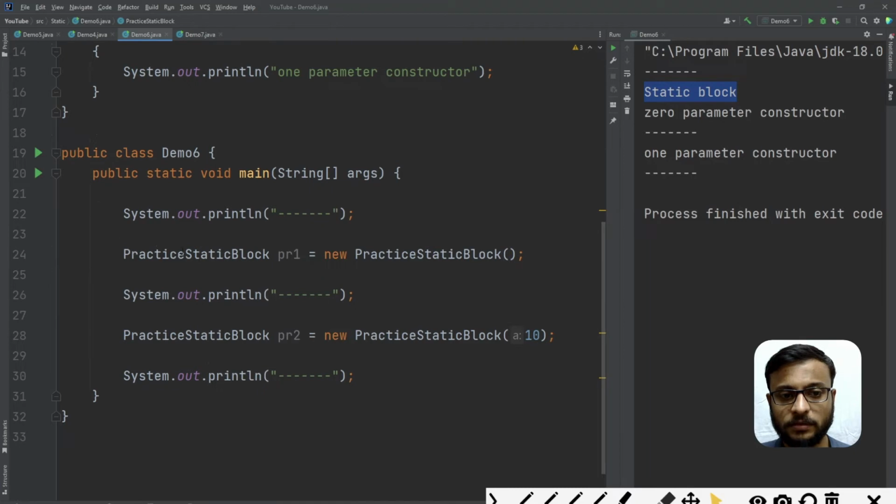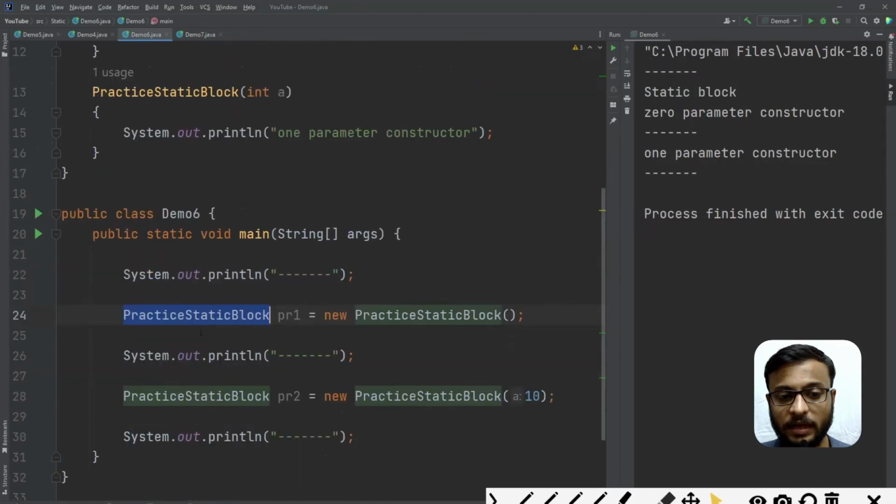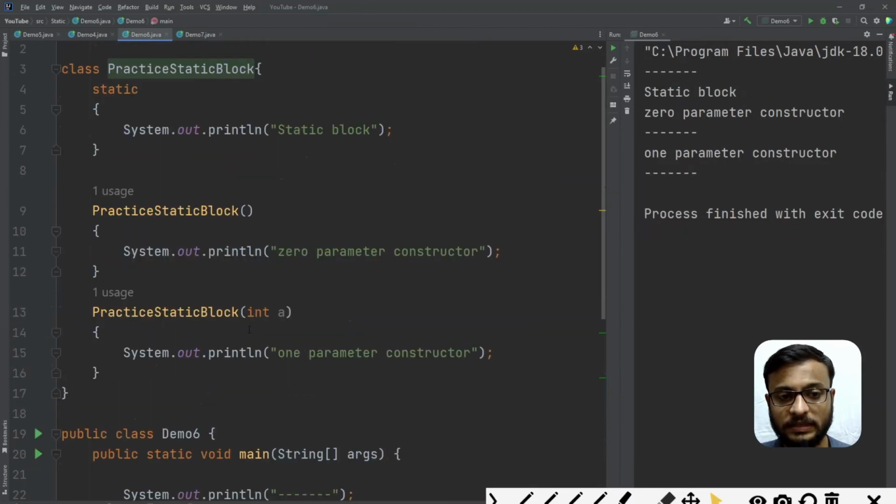JVM encountered the print statement, it printed the dashes, then it encountered the object of this practice static block class. When JVM got to know, anyhow, I have to execute the practice static block class, what he did is